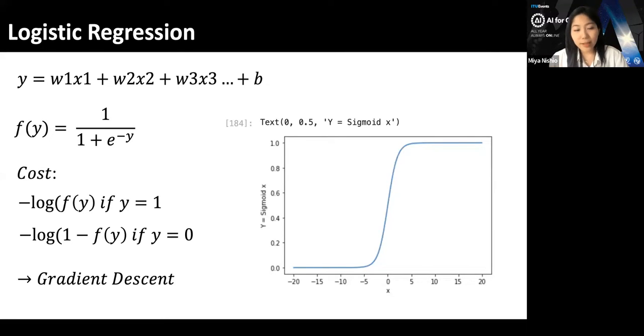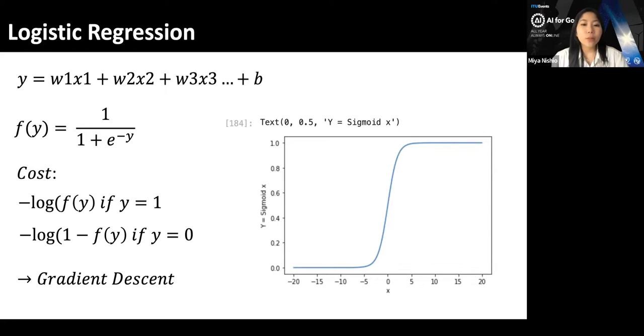So just to very briefly explain what it is, today we're going to be using the function y equals wx plus b. X being the inputs and Y being the output, and W being the weight of those inputs. X is obviously the features. What logistic regression does is it takes the Y calculated from W and X and inputs it into a sigmoid function, which you can see on the screen now. The graph on the right is the sigmoid function. Basically, the sigmoid function compresses the values between 0 and 1.